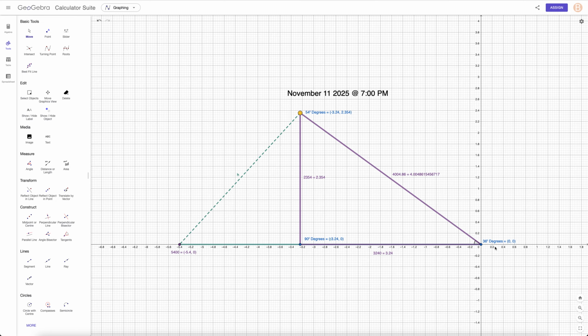So if I took an angle of 36 degrees, on November the 11th, 2025 at 7 p.m., from whatever position, then exactly 1 year later, if I'm out on a boat again and I see this exact star in the distance at this exact date and time, I can then use the fact that it had a 2,354 nautical mile apparent height at that time, and I can use that as an angular size. I don't see why you wouldn't be able to use that as an angular size and gain a distance to it at the time.